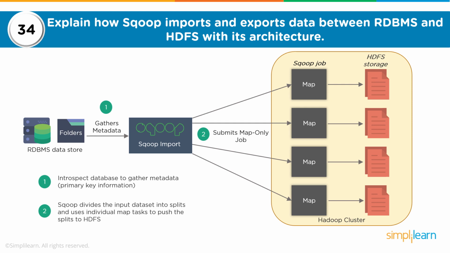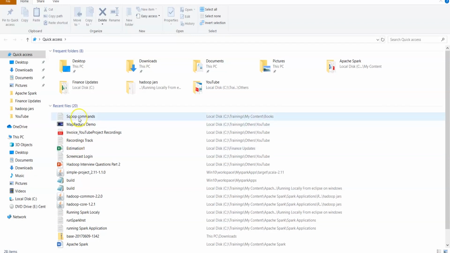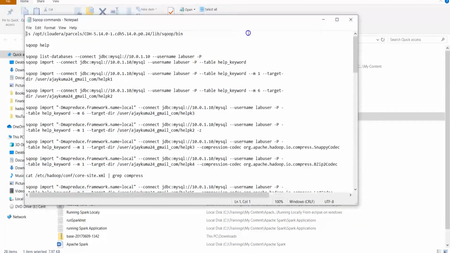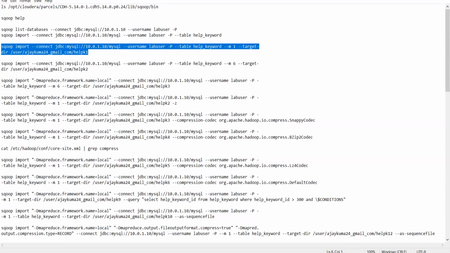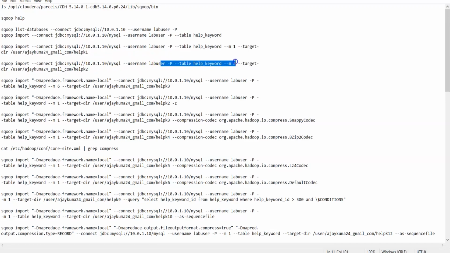Let me just show you a quick example on this. So I could just look again into the Sqoop command file, and here we could be looking at an example. In this one, we are specifying -m equals 1, which basically means I would want to import the data using one map task. In this case, whether the table has a primary key column or does not will not matter. But if I say -m 6, where I'm specifying multiple map tasks, then this will look for a primary key column in the table which you are importing.